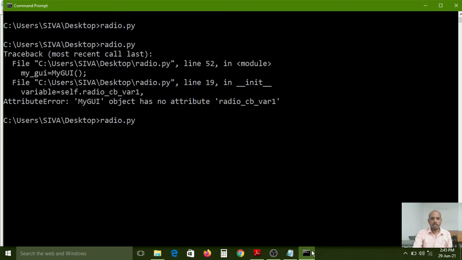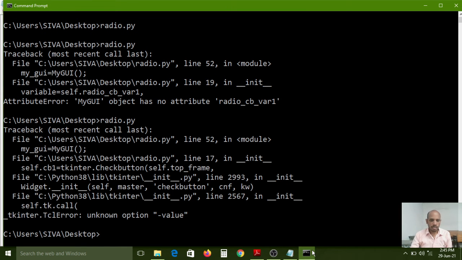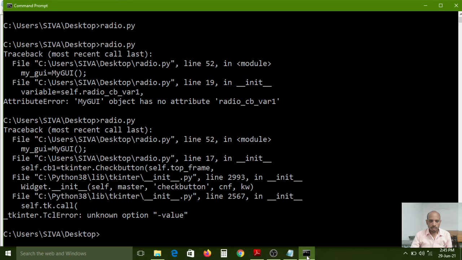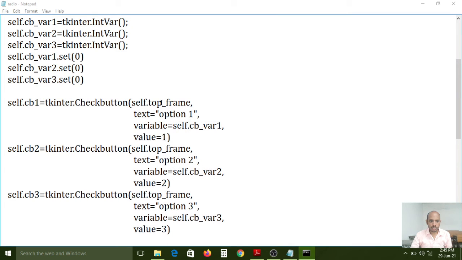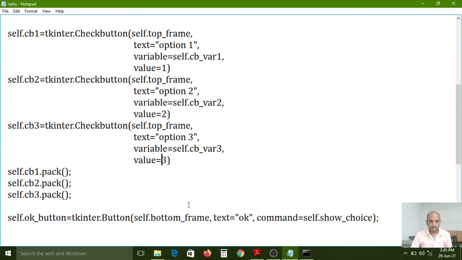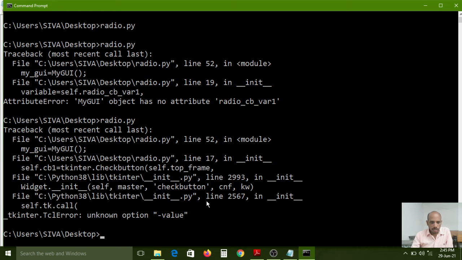So now I want to execute this one. Again it is showing one error. What is that? In the init, unknown option minus value. Where is that error in the init method?